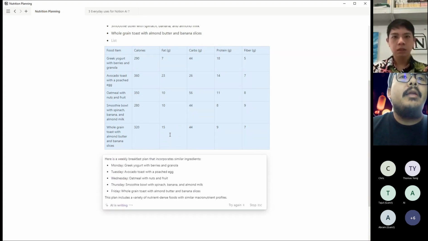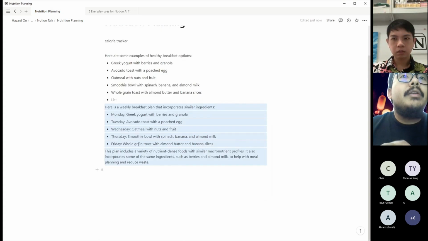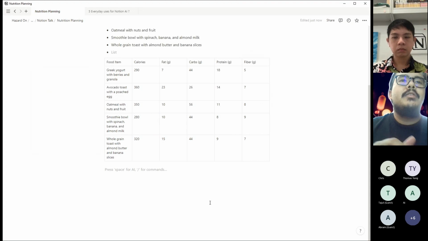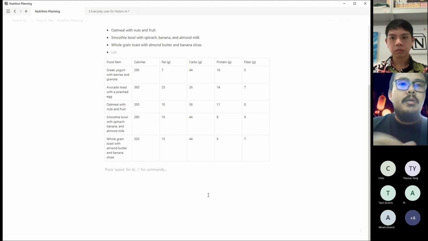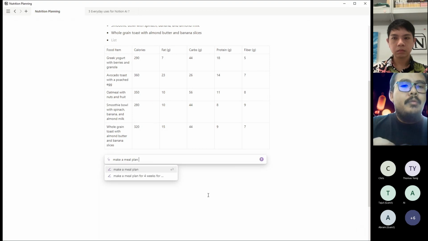Take the data and ask it to make some breakfast ideas. Yeah, you get what I mean. So you can take this and you can suggest. You can make a meal plan.